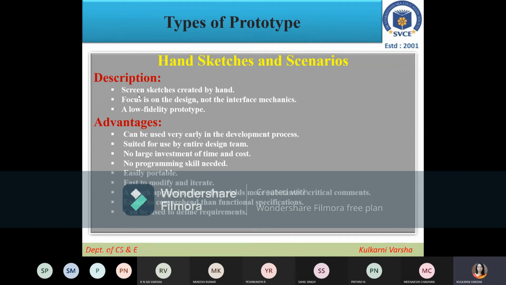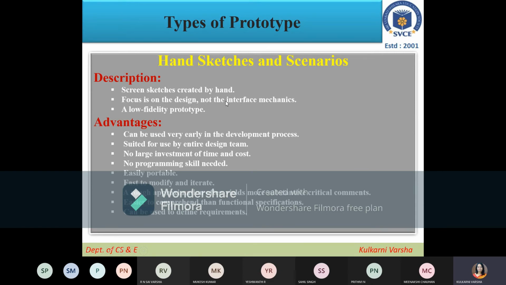So what is the description? Screen sketches created by hand, with pencil and paper. Generally we take a paper and pencil and draw sketches of all the possible screens. Then the focus is on the design and not on the interface mechanism. This is very important, right?